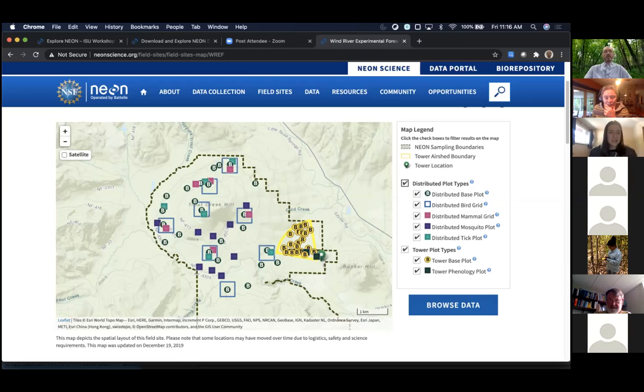Yeah, I think your example is a great one. Another one that comes to mind is soil quality. So we have kind of distributed soil sampling regime that occurs around our sites. But